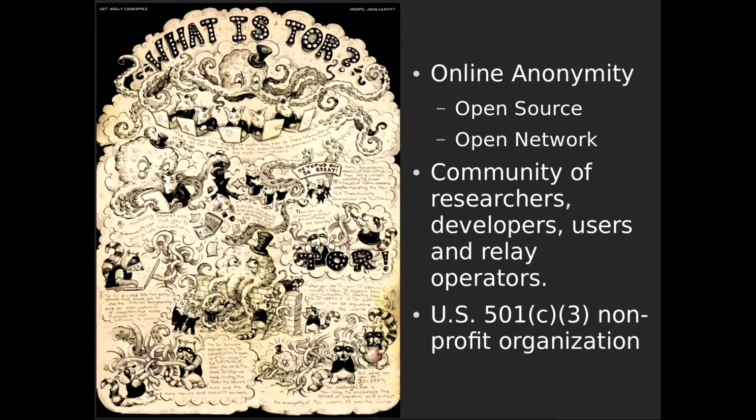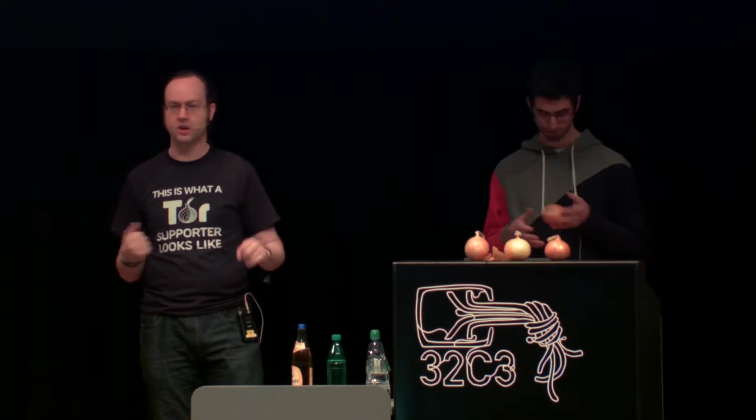Perfect. So Tor is a US nonprofit. It's open source. It's a network of about 8,000 relays. One of the fun things about Tor is the community of researchers and developers and users and activists and advocates all around the world. Every time I go to a new city, there's a research group at a university who wants me to teach them what the open research questions are and how they can help to improve Tor.